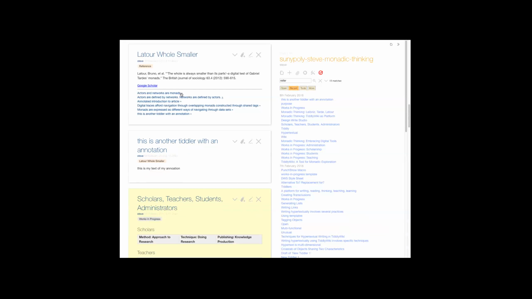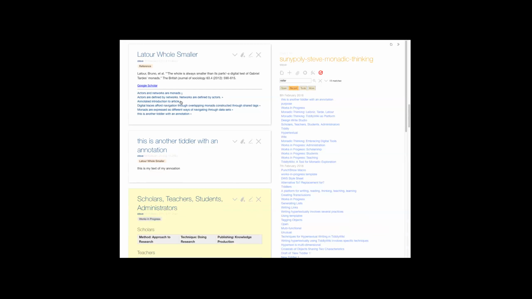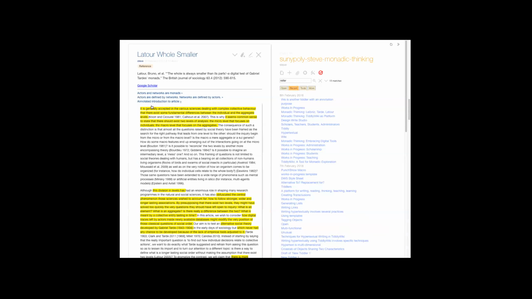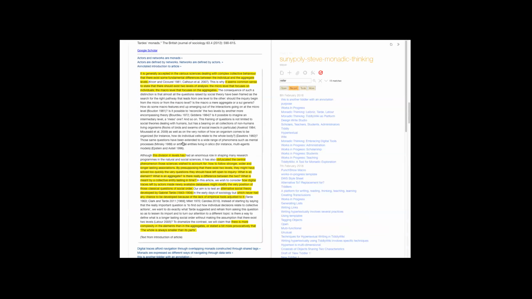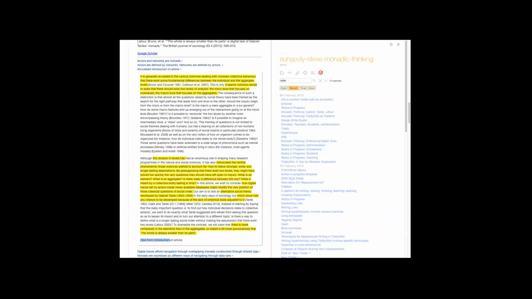So these are my longer annotations. These are more serious. And what I'm doing in here is doing a little highlighting. So this is the actual text of the article. I quoted the article, I just copied the text, and I highlighted. Yeah, you had a question, Michael.